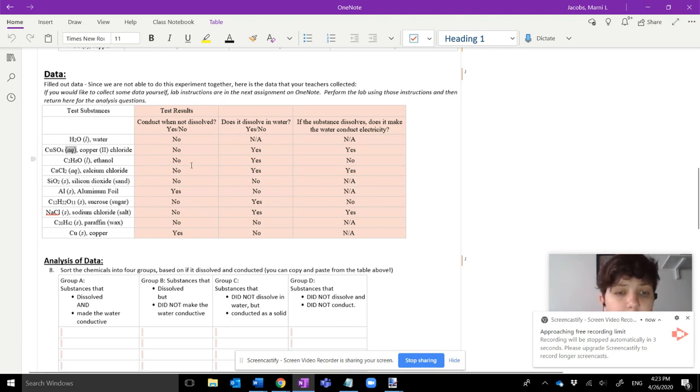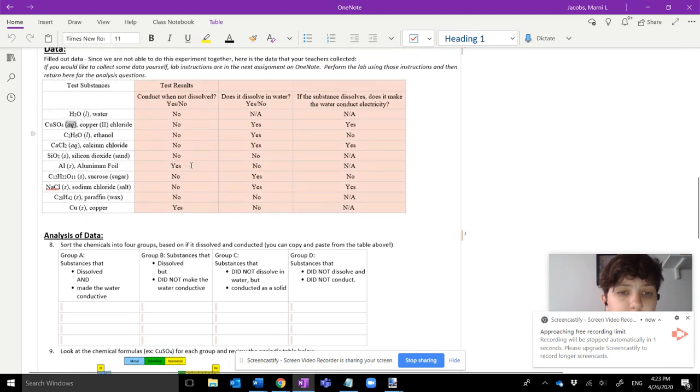Let's go down here to our analysis. This is the part that